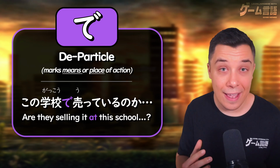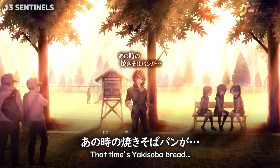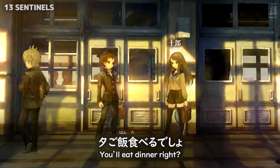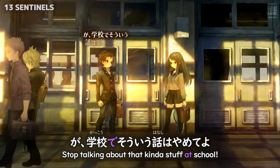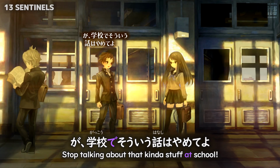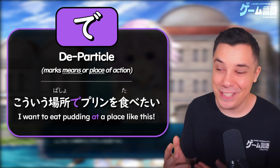学校で売る. この学校で売っているのか。あの時の焼きそばパンが。エロ、夕ご飯食べるでしょ。作っておくわね。学校でそういう話はやめてよ。 Or let's say, for example, you're doing an action at a specific location, like here to eat pudding